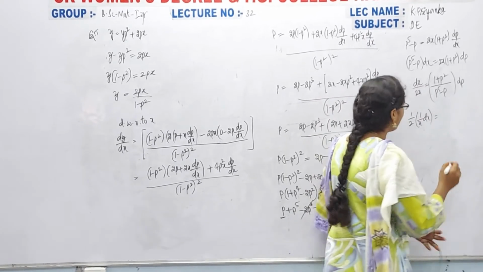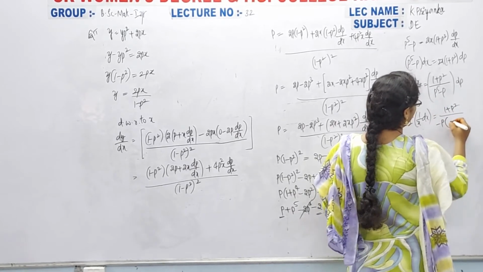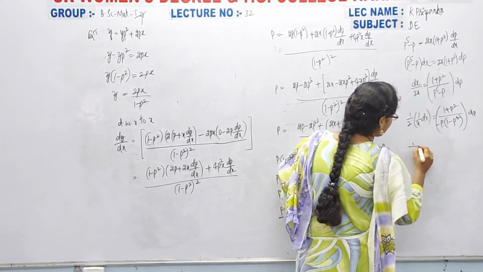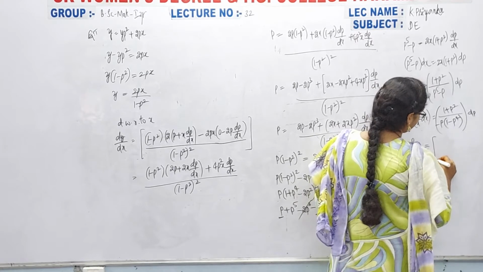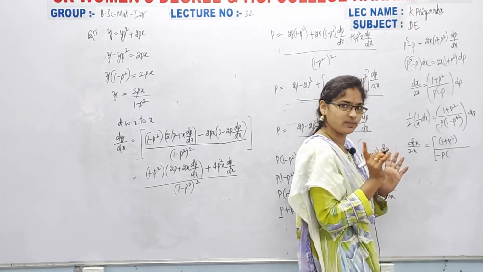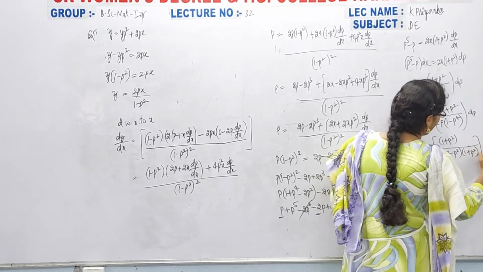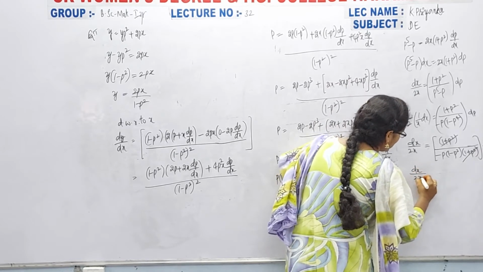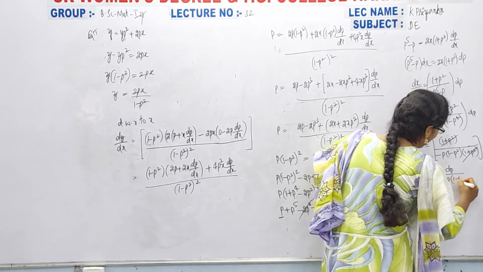Now here what I am doing is 1 plus p square by minus p common, then 1 minus p power 4, of dp. Can I write it as dx by 2x equals 1 plus p square by minus p into a square minus b square, so 1 minus p square into 1 plus p square, of dp. Now 1 plus p square gets cancelled. Now dx by 2x is equal to dp by minus p into 1 minus p square.